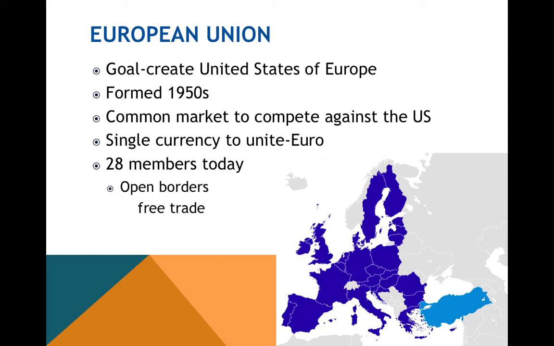You don't want to have taxes between countries and regulations between countries that are near each other and trading with each other. And so the goal of the European Union was to unite the countries of originally Western Europe and then all of Europe to create a kind of United States of Europe that could rival the United States. And so this began to form in the 1950s and 60s,